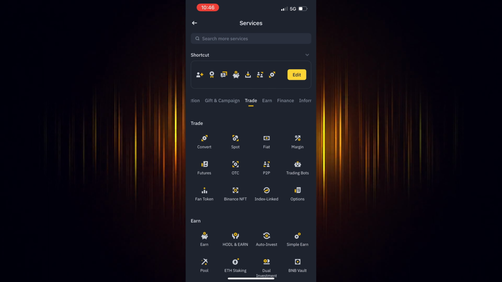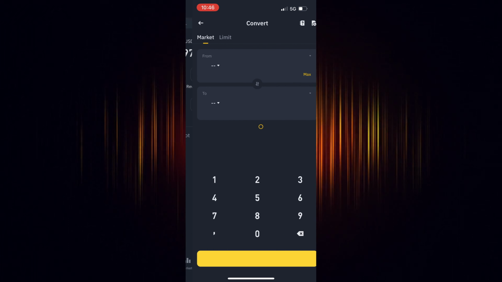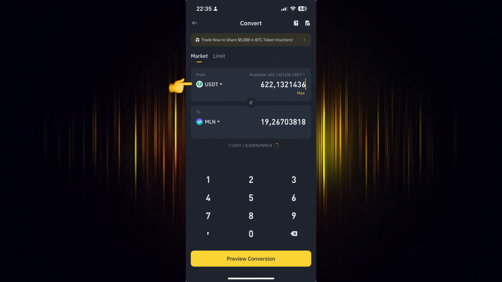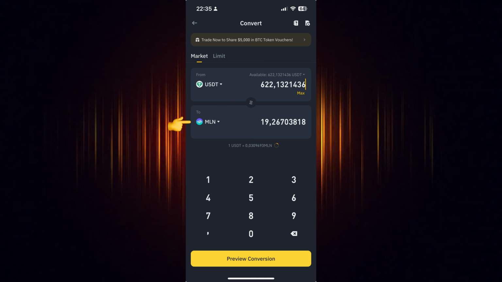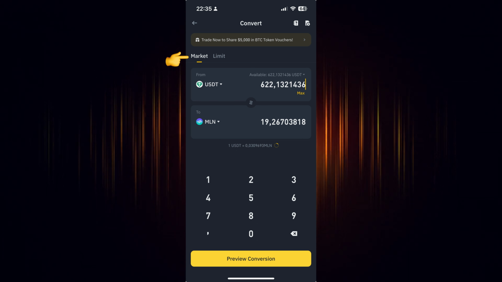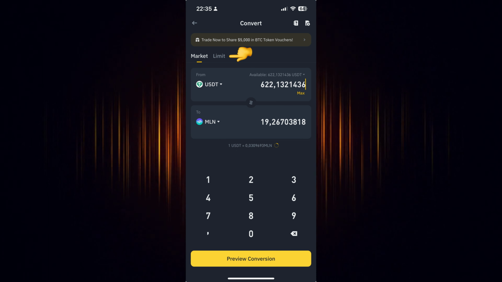Now go back to the home screen and select the icon you just added. Now select the currency you wish to use for the purchase. Then add the currency you want to buy. In our case, we are looking to buy Enzyme. There are two ways to buy it. You can either choose the current market value, or you can set the specific price at which you wish to